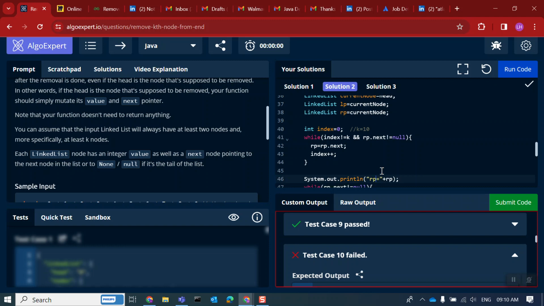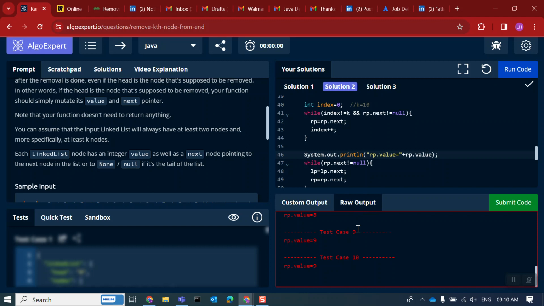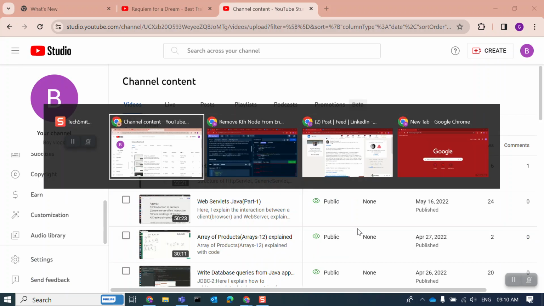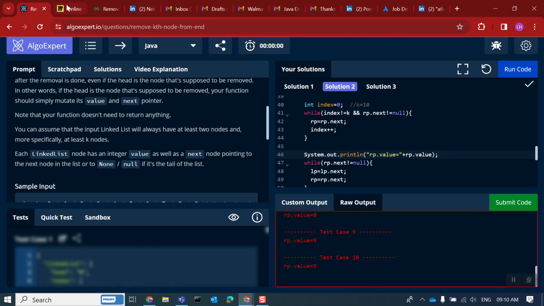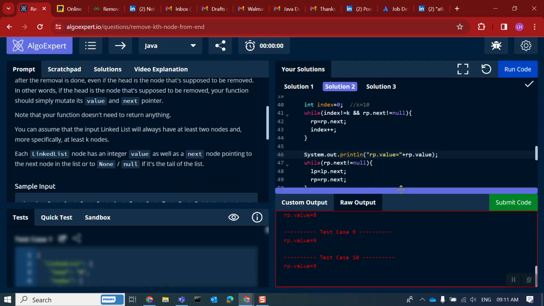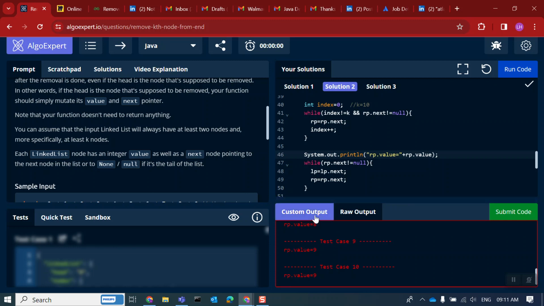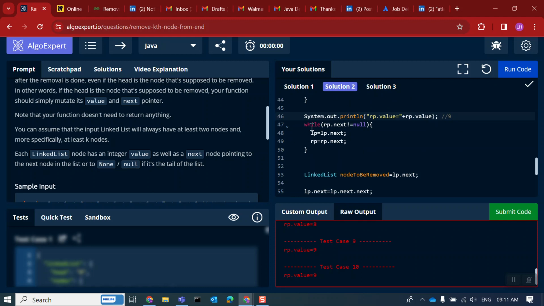Dot value, use 9. Dot value is now 9. That's correct. So rp.next is not null is equal to